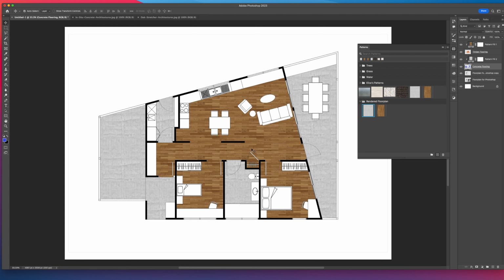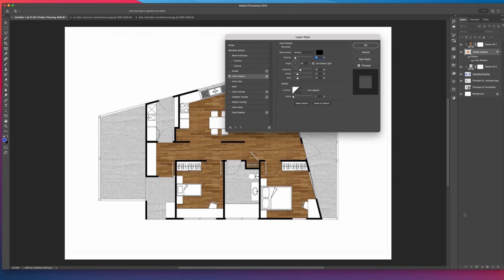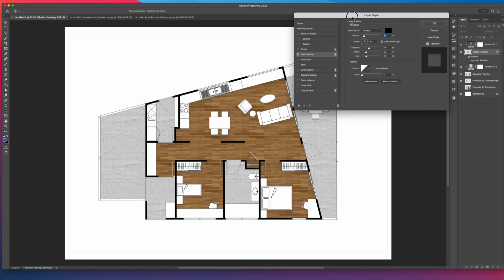The final thing that I want to add is some shadow effects. So I'm going to click on my timber flooring layer, come right down to the bottom of my layers list where we added a new layer. There's this little FX icon here, add a new layer style, and I'm going to choose inner shadow. And straight away we can see that it starts to add a little bit of shadow around the edges of our drawing. So I'm going to increase that opacity so we can really clearly